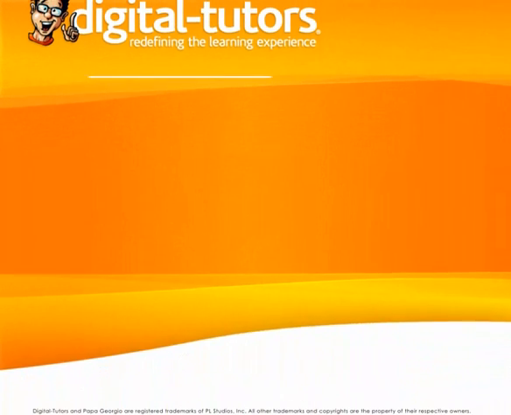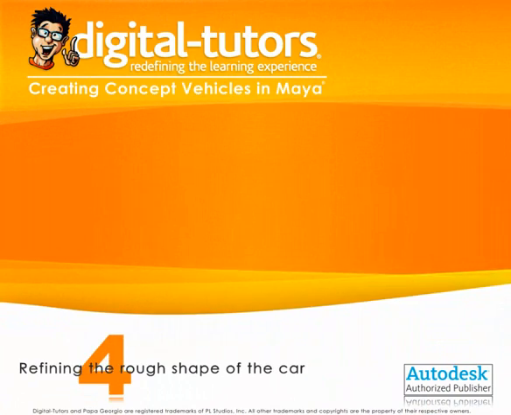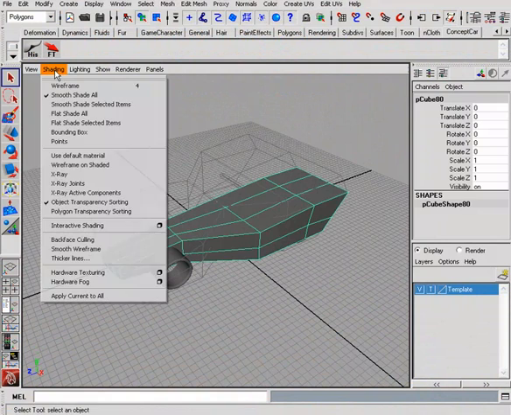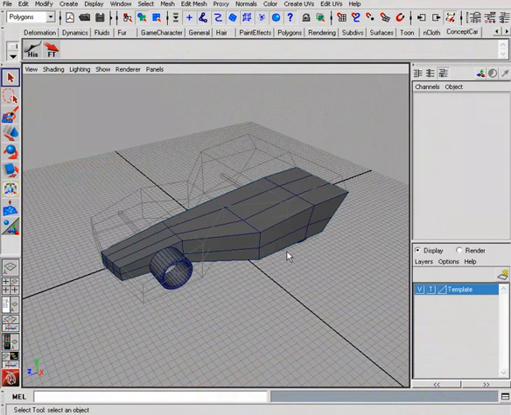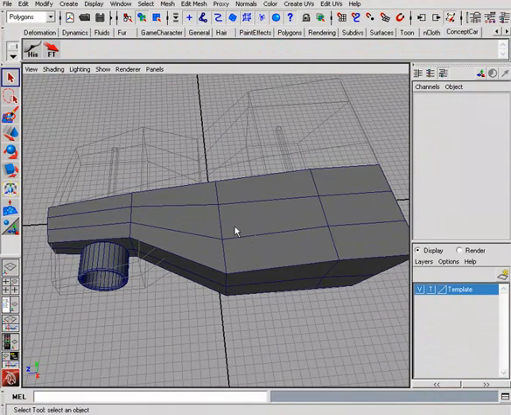Now let's continue to use our box modeling techniques to refine the shape of the body of the car. Alright, so this is where we left off, and I'm just going to go to shading and turn on wireframe on shaded so that we can see our shaded model a little bit better when we don't have it selected. And now what we need to do is continue to add some more resolution and also refine the